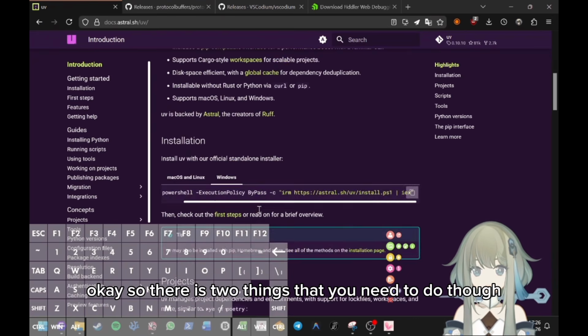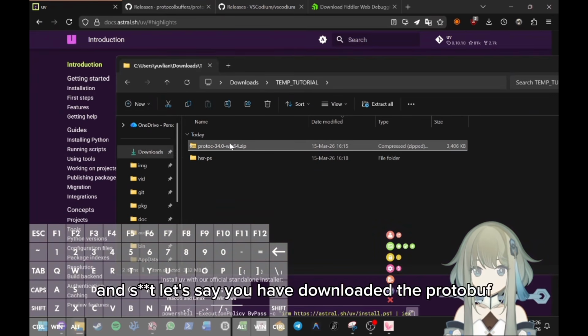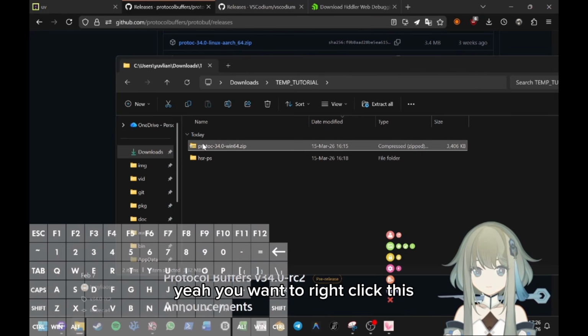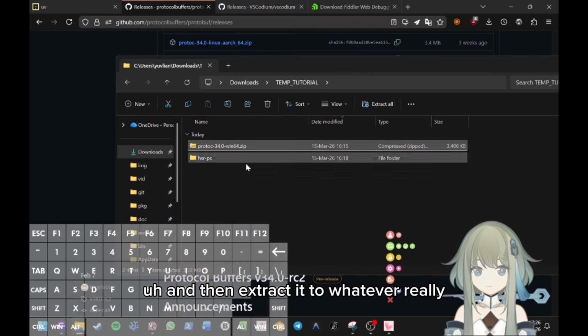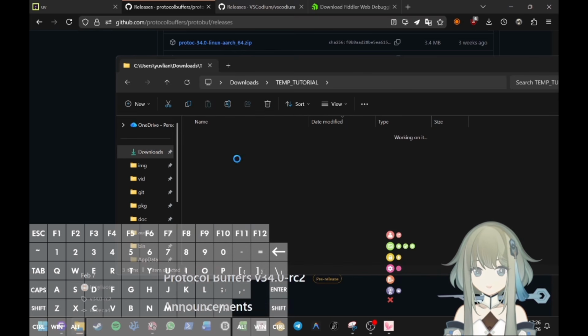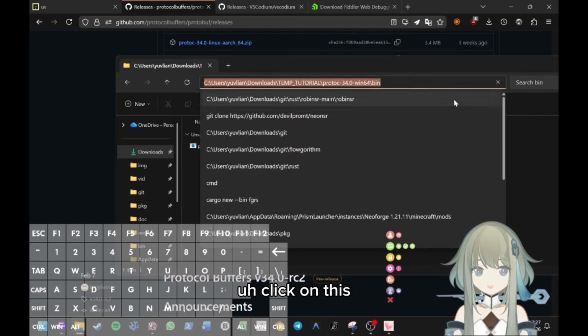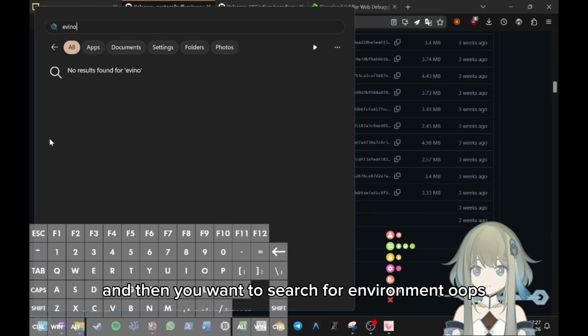So there are two things that you need to do before we start on the coding. Let's say you have downloaded the protobuf. You want to right click this and then extract it to wherever really. What matters is you open this bin folder, click on this so you can copy the path, and then you want to search for environment,